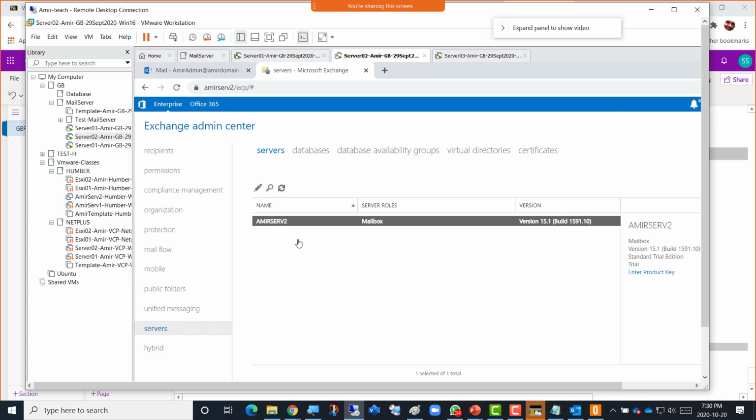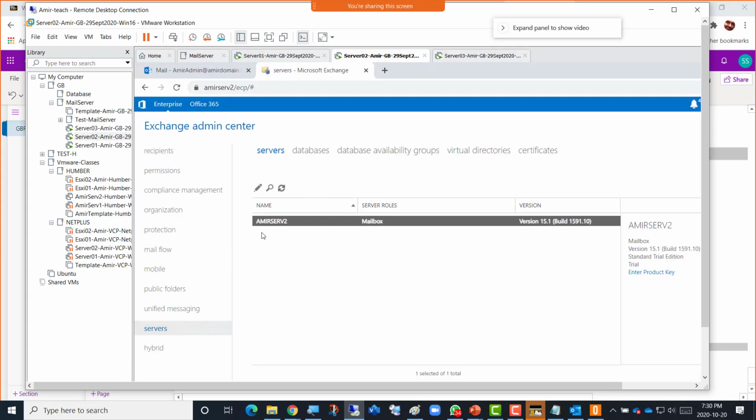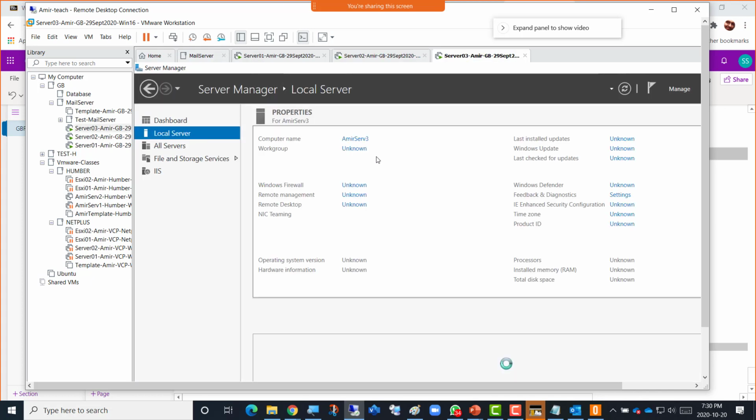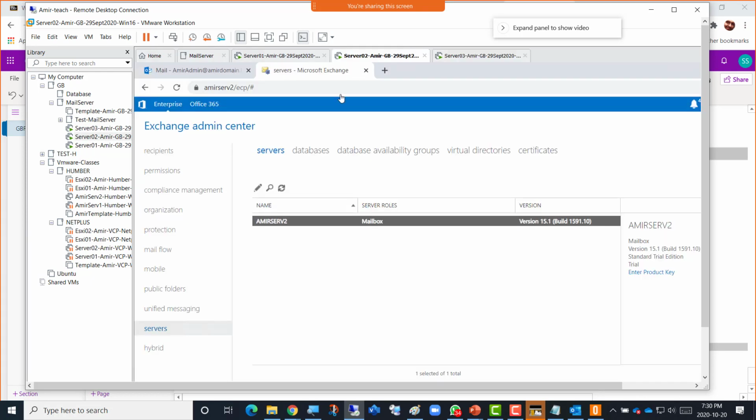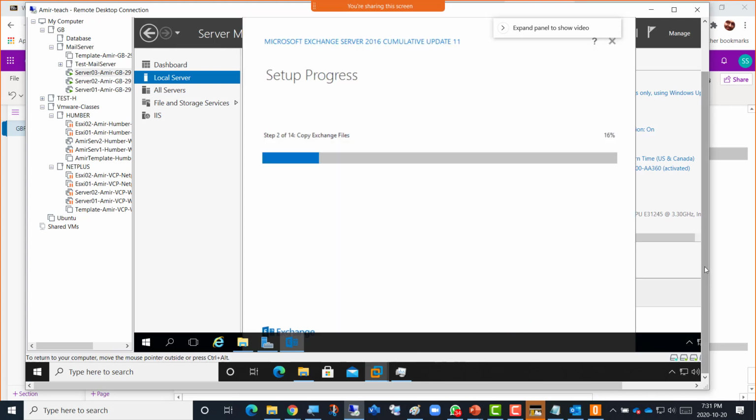Now I'm going to go down here. At a certain point during the installation in server 2, suppose you're on the servers section here and you refresh, the other server starts appearing there, but it just started to deploy. So server 3, the second Exchange server, will now start putting all the configurations inside the machine, and it will update the Active Directory schema as well, and then it will update the first Exchange server as well, and then the first Exchange server will start seeing the name of the other machine, where we're installing the second Exchange server. So your first name server3 should be appearing in the servers area here under your first name server2. So I'll just put that installation in front,